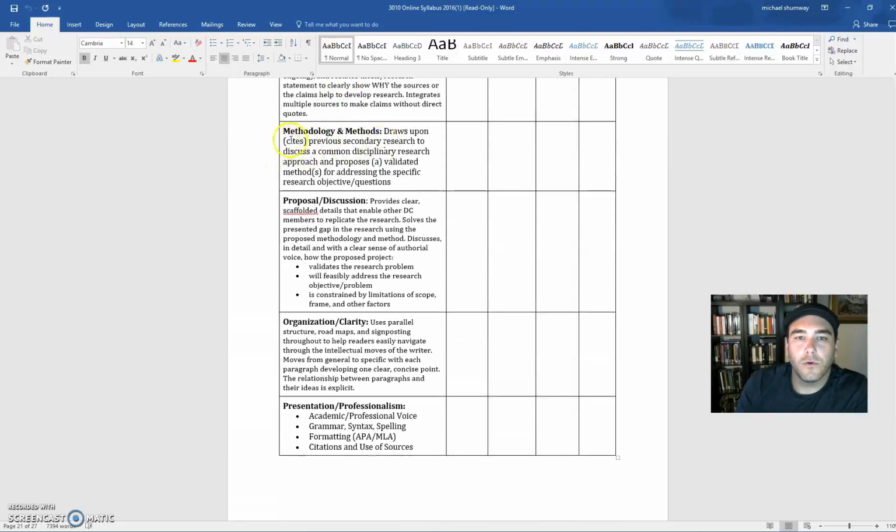Methodology and methods. Do you cite secondary research? Again, are you using sources to help support your idea, your proposal, about why it would be a good idea? For example, I propose that we do this, and then do you reference other sources from your literature review that are doing similar things, and talk about how you are doing similar things? Are you bridging off of them? Are you disagreeing with them and doing something new? Or are you continuing a thread of research?